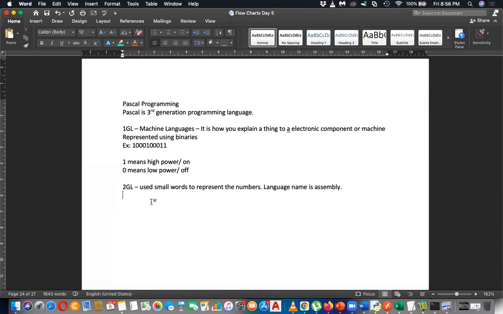It's something like this. Add register 1, 3, and then you can say add register 2. Register means the memory location. 7 means the random access memory location. Likewise, anyway, this needs, again, hardware knowledge to do this, but still not meaningful. Right, third generation, 3GL, those are called high-level languages.